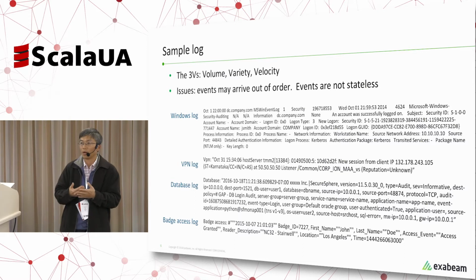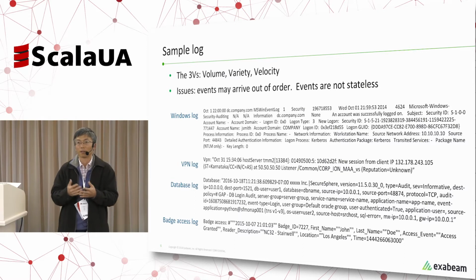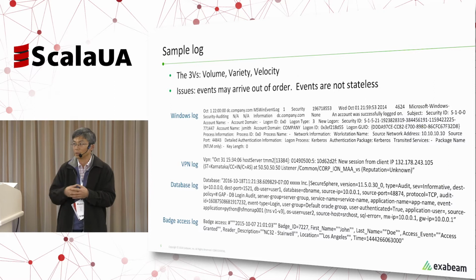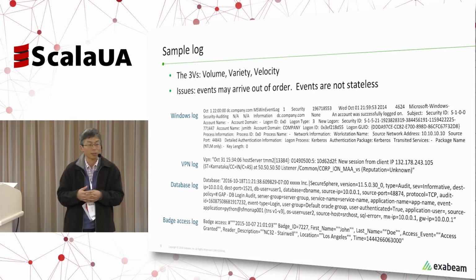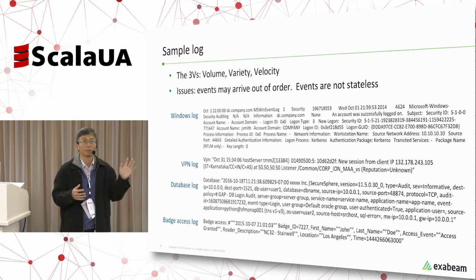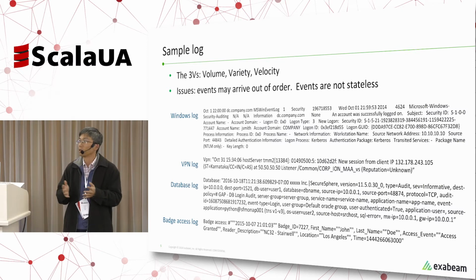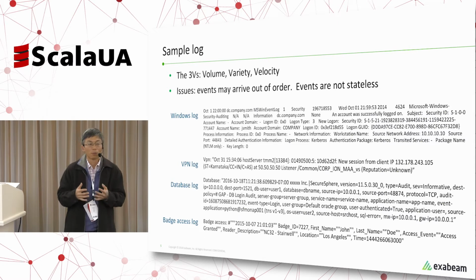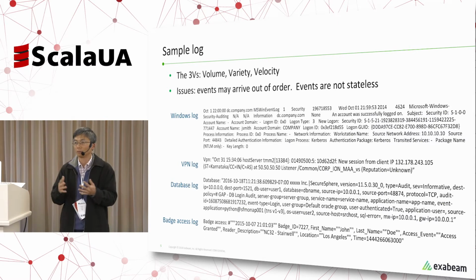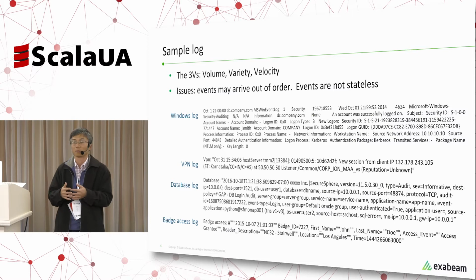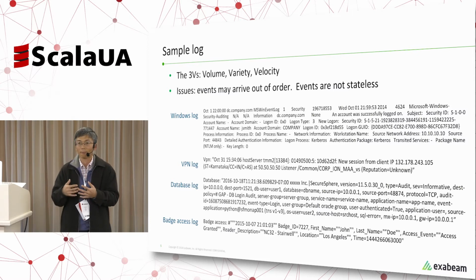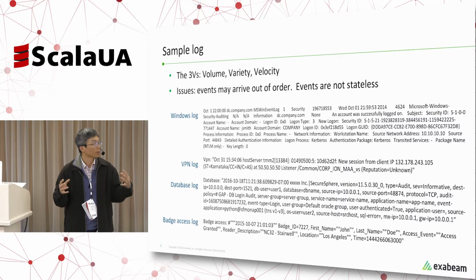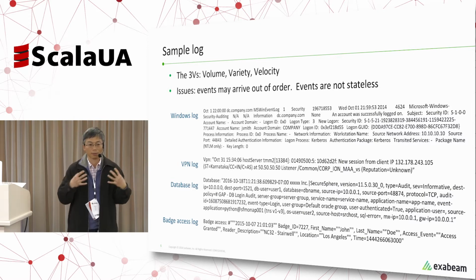This data is very large in volume. We have seen something like 5 terabytes a day of data coming through the system. It also has a very high variety. Earlier, I showed you some examples of data sources. We can potentially be talking about 20 to 30 different data sources that we should try to ingest. Then the data also has very high velocity. We are talking about 30,000 events per second to 70,000 events per second that we need to process. So in order to make all this work, all this data that's coming in needs to be processed in real